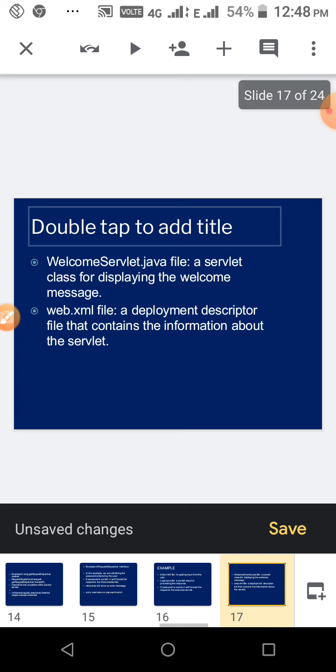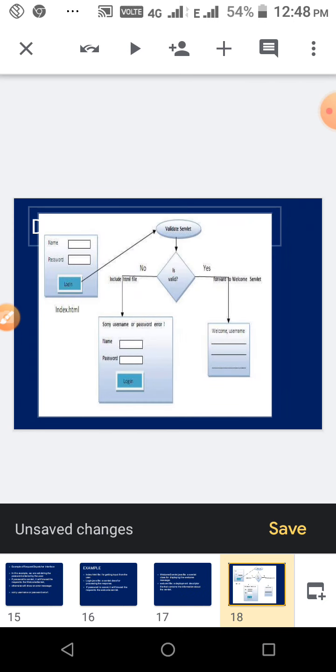Now we will see the example. See, this is the concept explained. First it's index.html, this is a design page, then it is validated by the servlet whether the password is correct or not. If it is correct, then it will display welcome and the username, otherwise an error will be displayed.